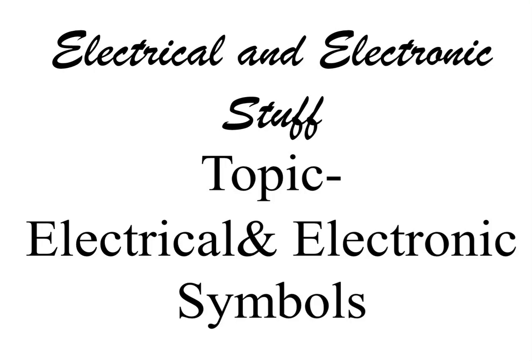So let's understand what a symbol is. A symbol is a pictogram used to represent various electrical and electronic devices or functions, such as a wire, batteries, resistor, transistor in a schematic diagram. Once we start understanding electrical and electronic topics, we have to be well acquainted with the symbols, and only then can we understand the schematic and the electrical and electronic theory.